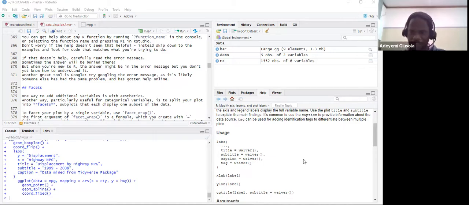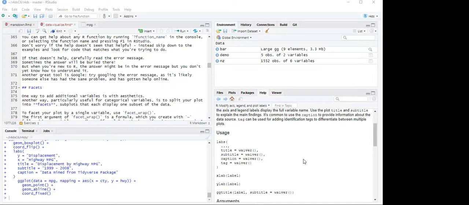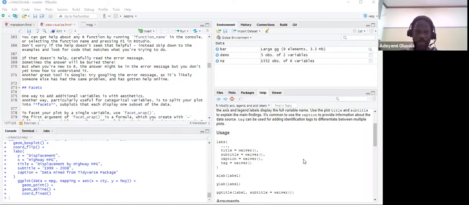those just joining us newly today, I'm Olusola Adeyemi. I'm a postdoc in the Department of Geography, University of the Free State, here in Bloemfontein, South Africa. And I'm taking chapters 2 and 3 of the R for Data Science book. We started last week, and hopefully we are going to wrap it up today, and then we continue the other chapters subsequently. So last week we